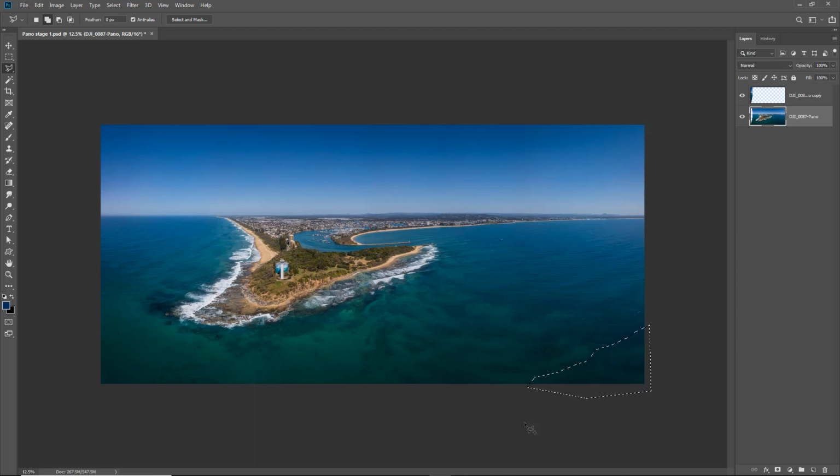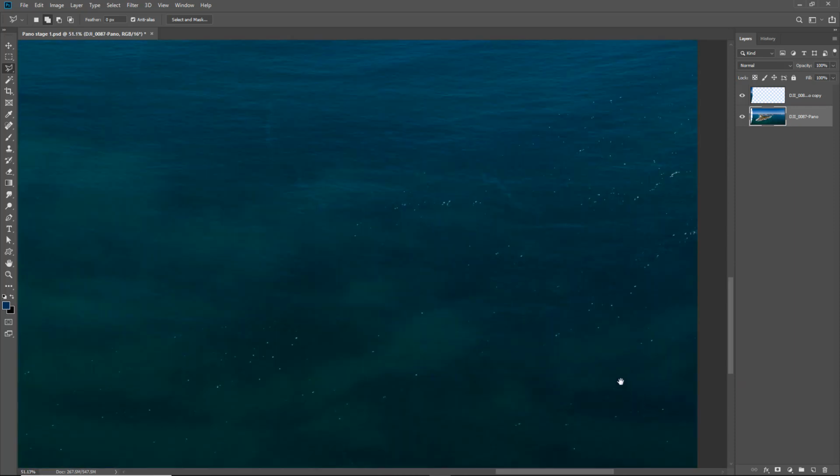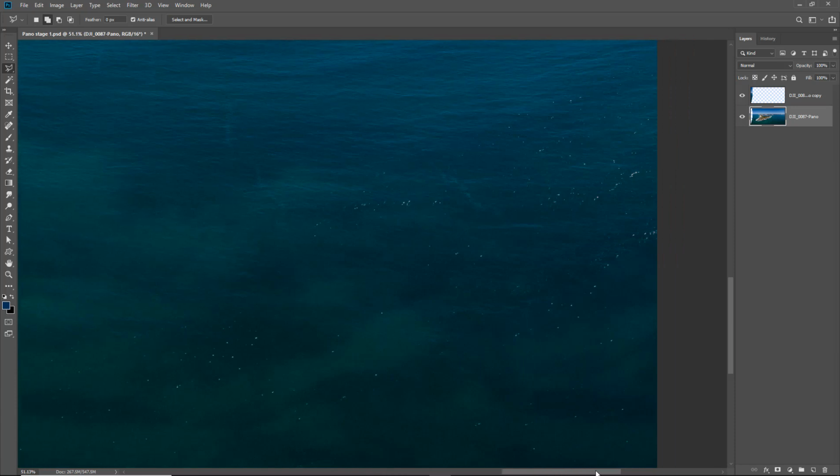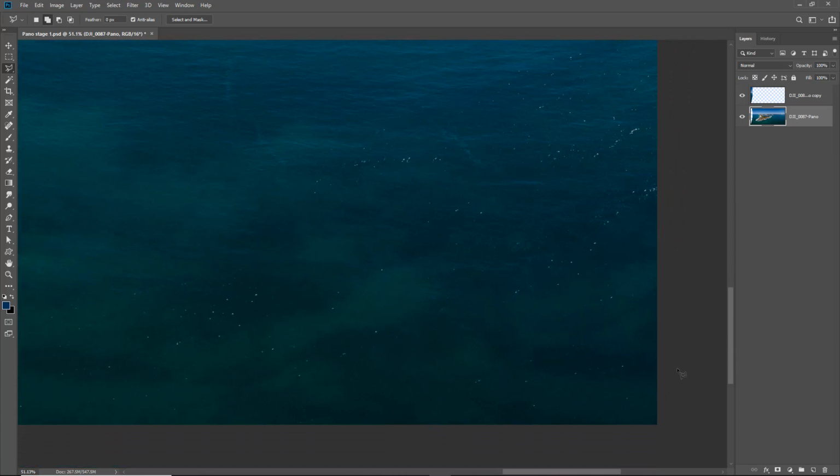I'll zoom in once I've removed that selection, but I think we've done a pretty good job here. Now what I'd like to do next is just have a go at the highlights here. You can see little speckles where the sunlight is being caught on the water. I'm going to deal with those, but I think what I'll do first of all is to select both of